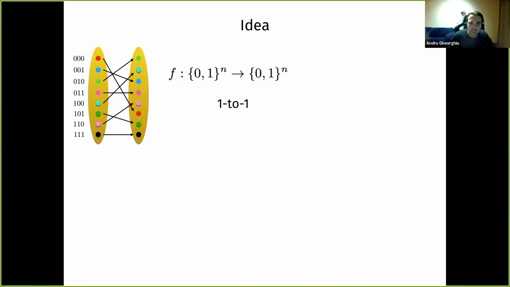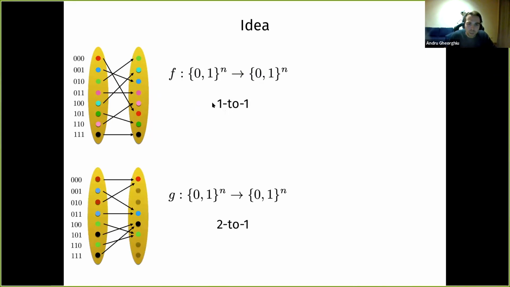Okay, so let me tell you at a high level how we would show hardness for log depth circuits. You can also apply this intuition for anything larger than log depth. Suppose that we have a function f that is 1-to-1, say from n-bit strings to n-bit strings. So it's an injective function. In this case, it's also a bijection. And we have another function g, which is a 2-to-1 function. This one maps pairs of inputs to one output. It collides inputs. And these pairs of inputs that map to the same output are called collisions of the function.